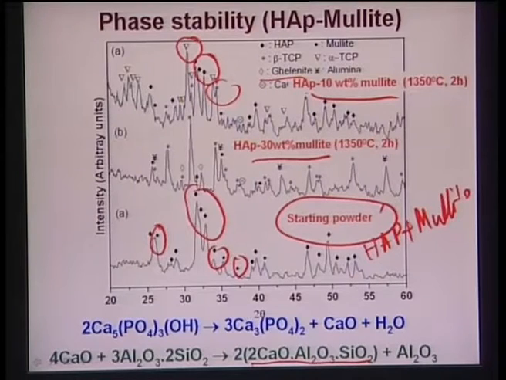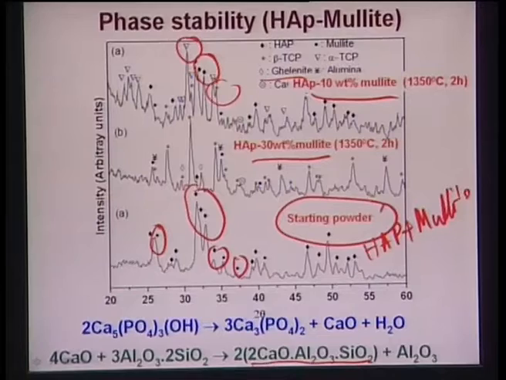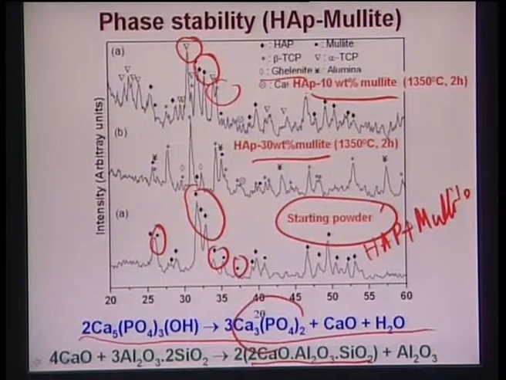It means hydroxyapatite must have dissociated to form this alpha and beta TCP, that is number 1, and subsequently some other sintering reactions must have taken place to explain the formation of this gehlenite and other phases. Now, what we have proposed is that if you start with this Ca10(PO4)6(OH)2, that is hydroxyapatite, it forms this tricalcium phosphate, TCP, and it releases CaO.